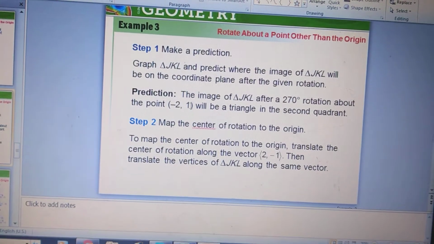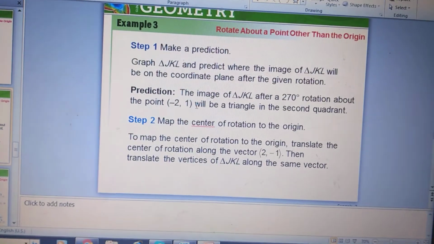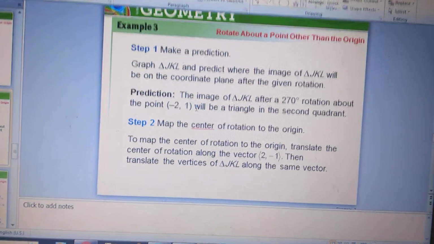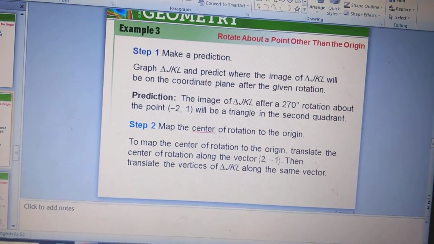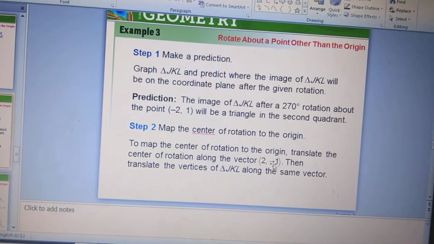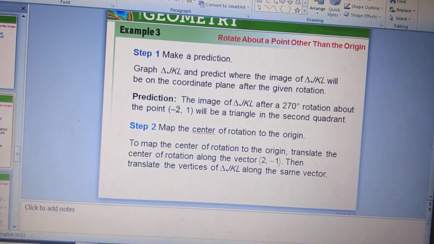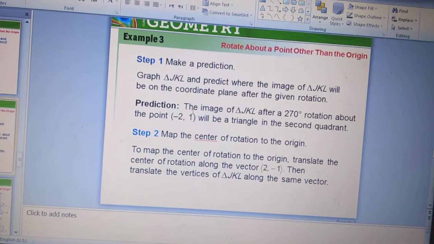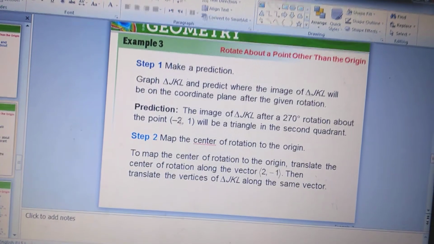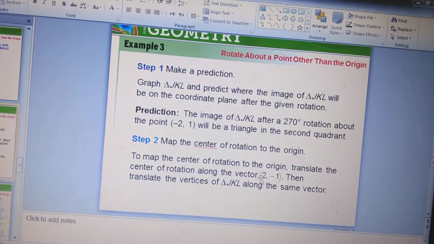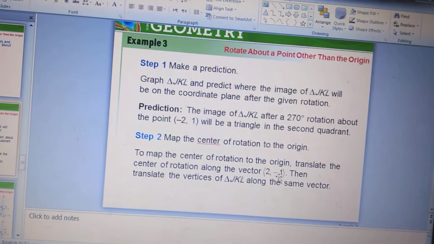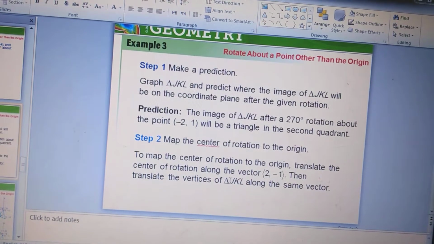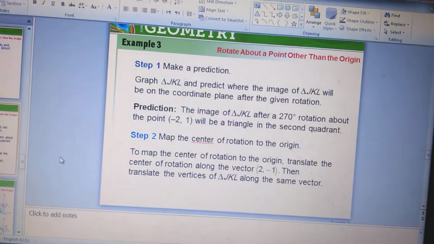When I rotate (-2, 1) 180 degrees, I must change the sign of the x coordinate and y coordinate. The vector will become (2, -1) here. You see this center of rotation, (-2, 1), I make it a vector for translation. I rotate this point, the center, 180 degrees, it becomes (2, -1). After I make the center of rotation a vector, I translate triangle JKL depending on this